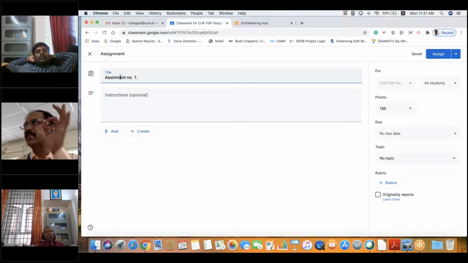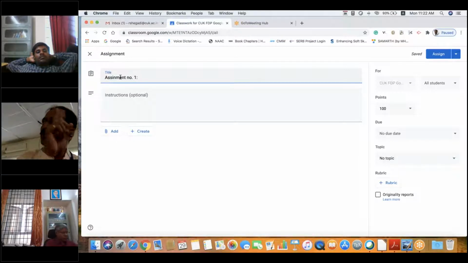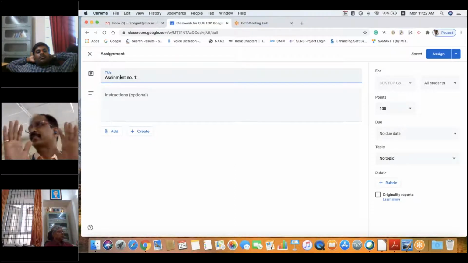No. An invitation is a personalized invitation. Even though they share it, they will not be able to join the class. Suppose, for example, I have invited a student X, and student X sent that mail to student Y. If student Y clicks on joining, student Y will not be able to join because I have only invited student X. Only invited students can join. Uninvited persons cannot join this class. Okay.